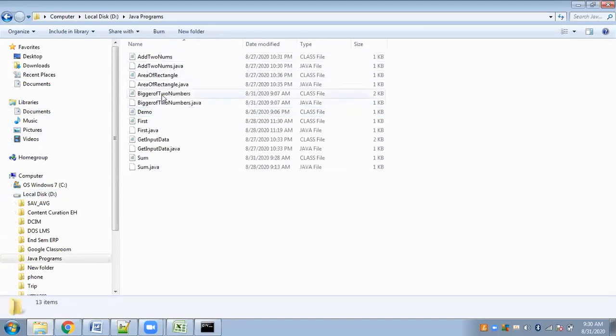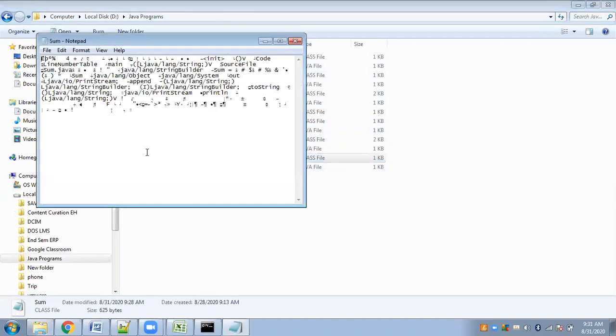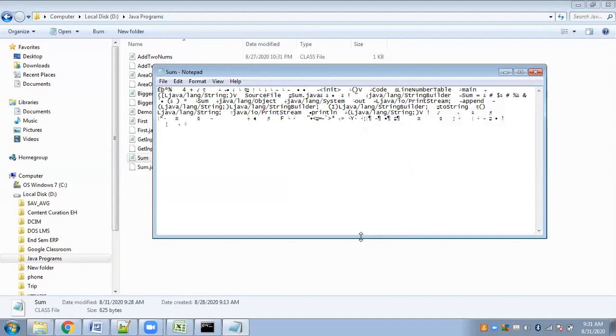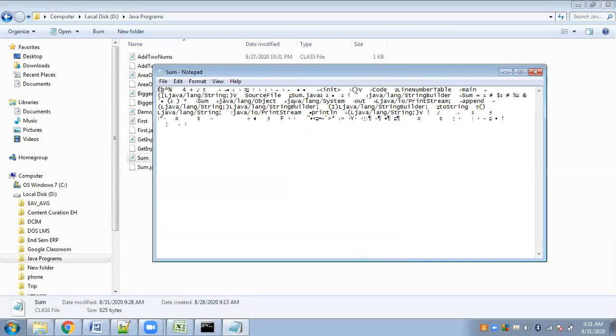See, these are all the class files that have been generated. This was the very first Java program, with the dot java extension, and the equivalent dot class file is this. I just executed this Java application, and my corresponding dot class file for the same program is this. If I open it, just see, this is how your bytecode looks. It is a combination of some symbols which you will not understand. You will understand the words, but you cannot understand the meaning of what is written here.